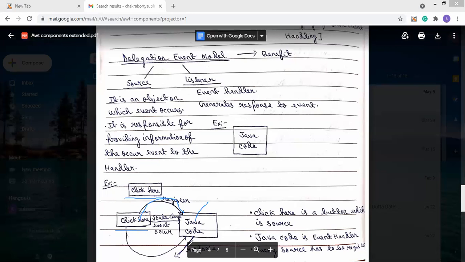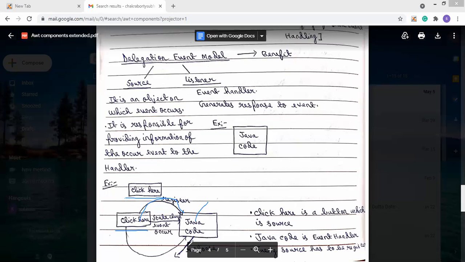That means whenever this button is clicked, we can say that a message should show that the button is clicked. So whenever the click here button is clicked, an event occurred, and after the event occurs, the message "the button is clicked" will be shown.